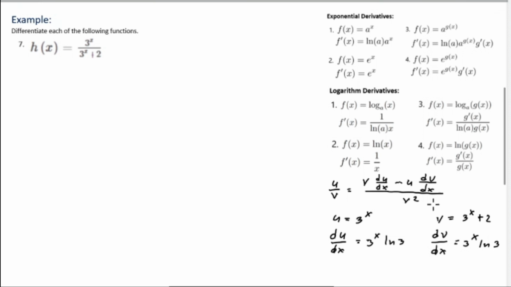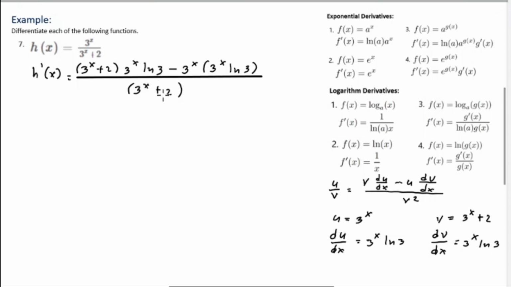And then we substitute based on the quotient rule formula. h of x prime is equal to v, which is 3 to the x plus 2, in parentheses, times the derivative du over dx, which is 3 to the x ln of 3, minus u, which is 3 to the x, times the derivative dv over dx, which is 3 to the x ln of 3, and we divide by 3 to the x plus 2, in parentheses,